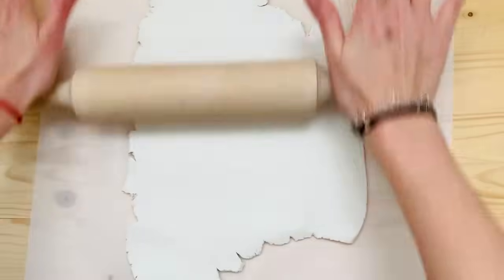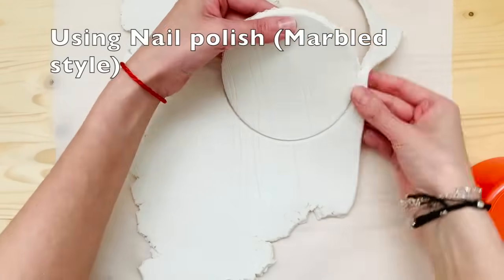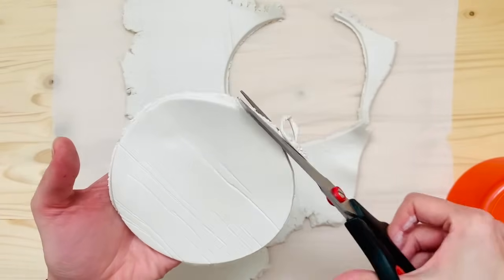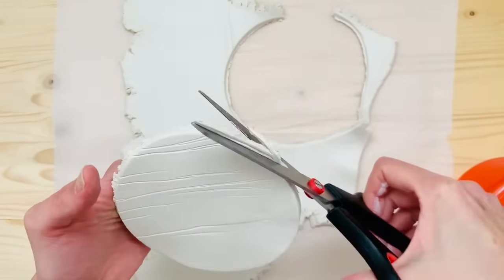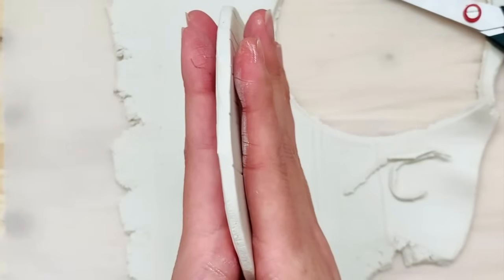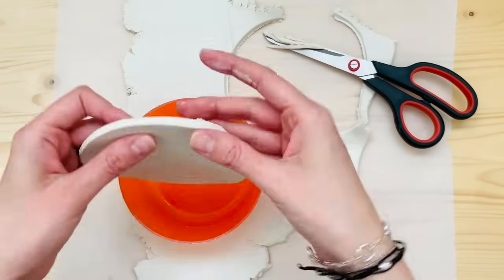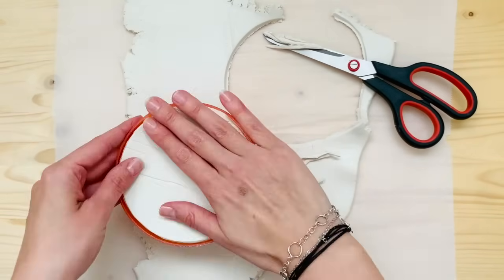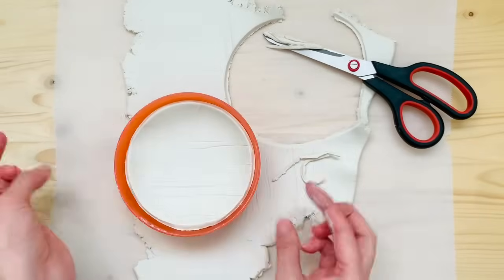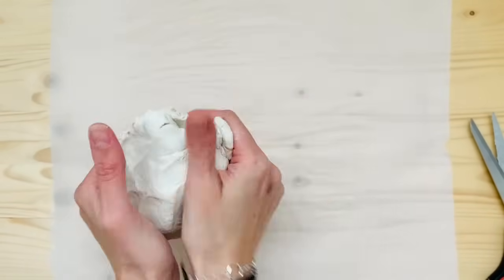Get a circular container or whatever shape you wish to make your bowl. In this case it's my circle, and this one is going to become my marble style one. Just cut the excess out with some scissors and you will be good to go. This is how thick they should look. If you make them too thin, then they're going to break, and too fat, it's gonna take a while to dry. So just pop it back into the container that you cut the circle around with and wait for it